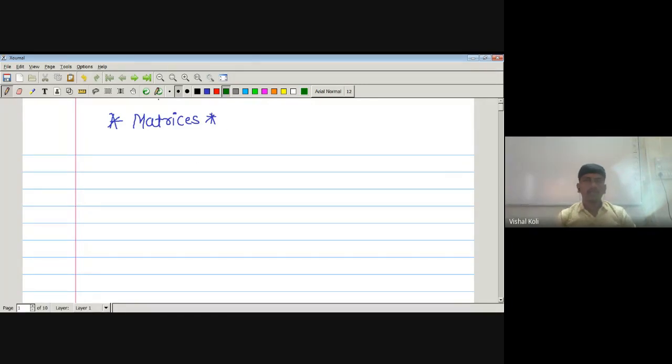Okay, so we'll start matrices. Let us see the definition of a matrix. The m into n numbers that are either real or complex, that is, they are either real numbers or complex numbers,